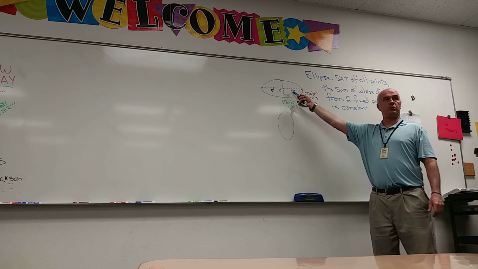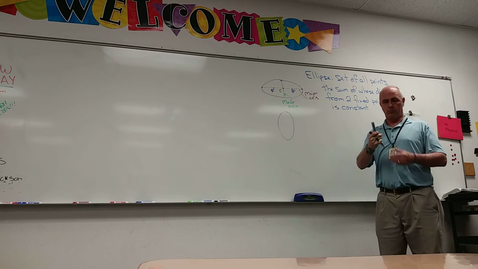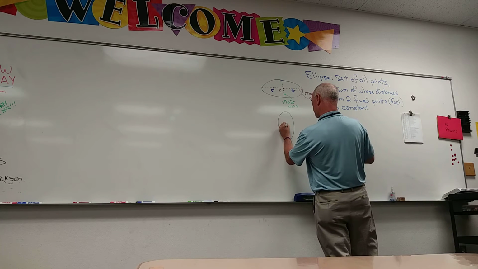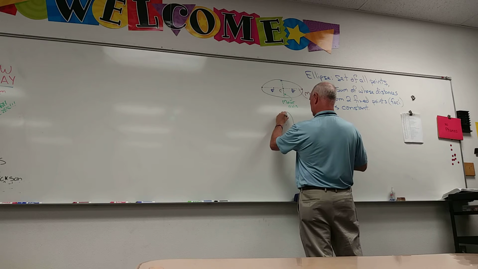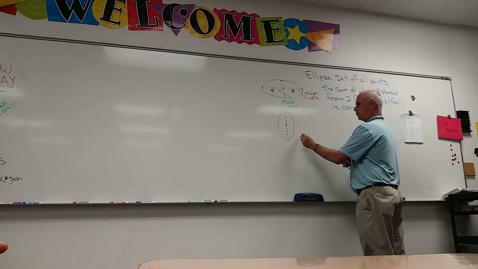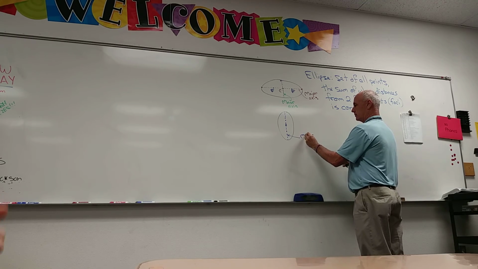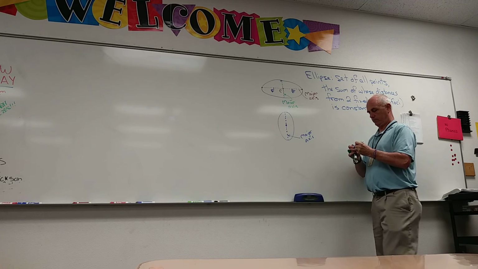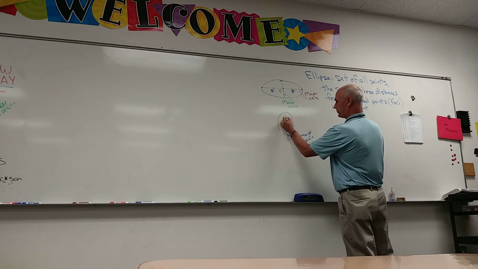In this case, the major axis is horizontal, which makes it a horizontal ellipse. Okay. In this one, the major axis is vertical. And we will still have the foci